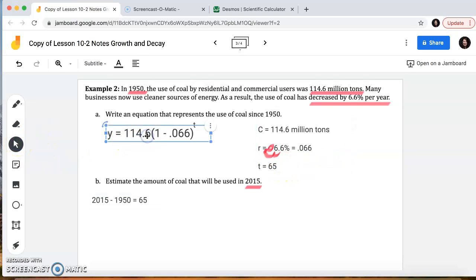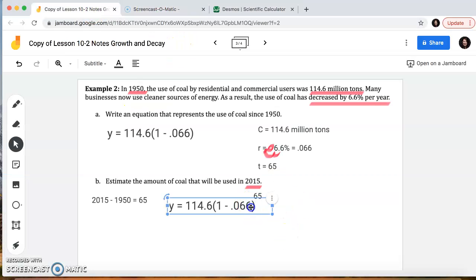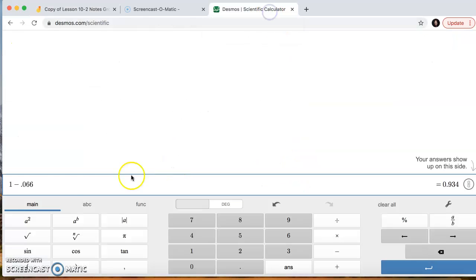So we can take our equation from before and we can replace that T with a 65. And we also can do 1 minus 0.066. And we're going to get 0.934. Okay, so now we can put this into our calculator. Just remember we're dealing with millions right now. So we have 114.6 millions times,